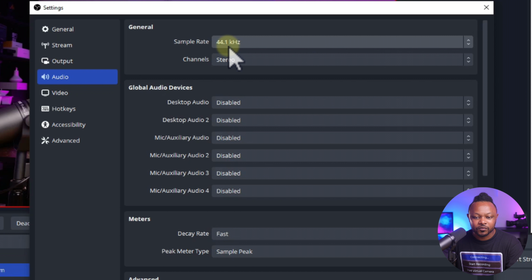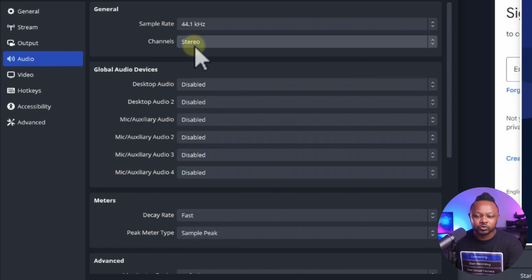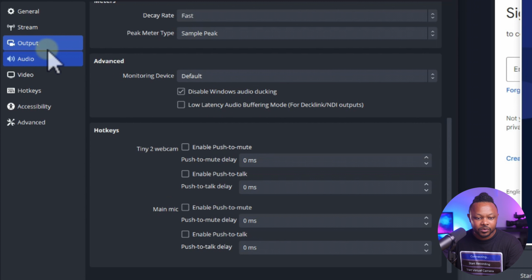Make sure it's set at 44.1. Again, 48 still works. I never had issues with 48. And then of course we're gonna stream channels. It's gonna be stereo, and then we want to make sure everything else we leave it the way it is. And then we can go back